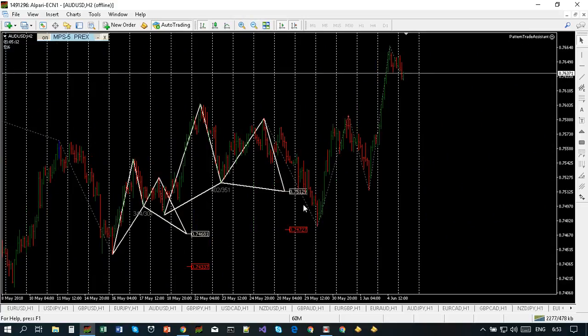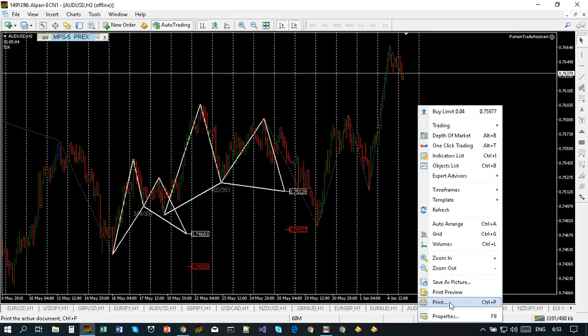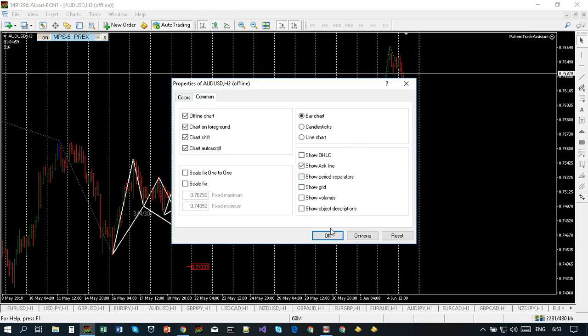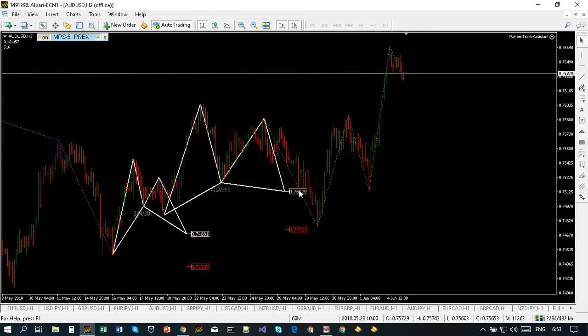Now it is also drawn on 2-hour time frame, exactly the same way it was drawn on 4-hour time frame. Let me disable period separators. Okay, so right now it looks much better, and it is not as small for this 4-hour time frame, and